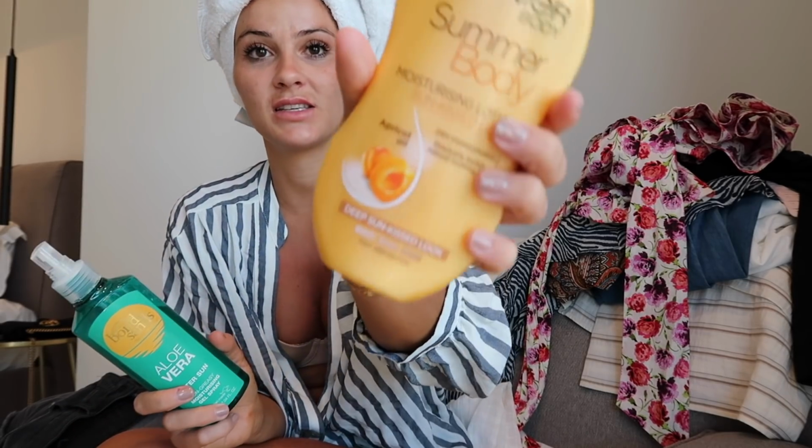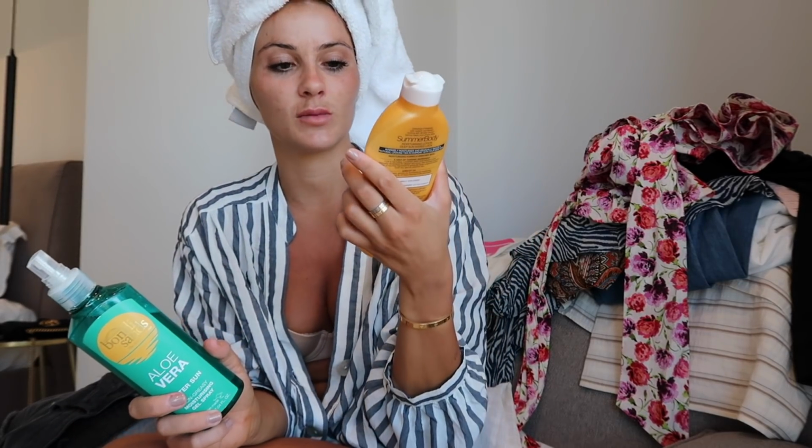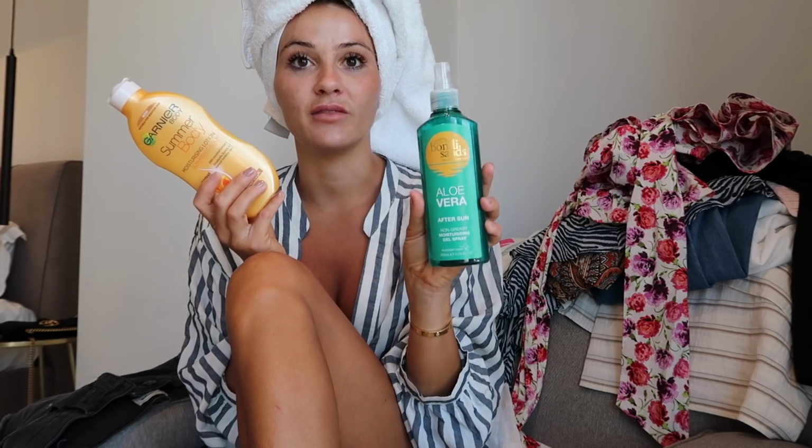But moisturizing, I will always use one of the two. This is a new product. This is one I've been using for years. This is the Garnier Summer Body Gradual Tanning Moisturizer. I have literally used this for about 3 years whenever I'm on holiday. It gives you a bit of a fake tan, but still looks really natural and is super moisturizing. So I use this one day and then I'll alternate with an aloe vera gel or a